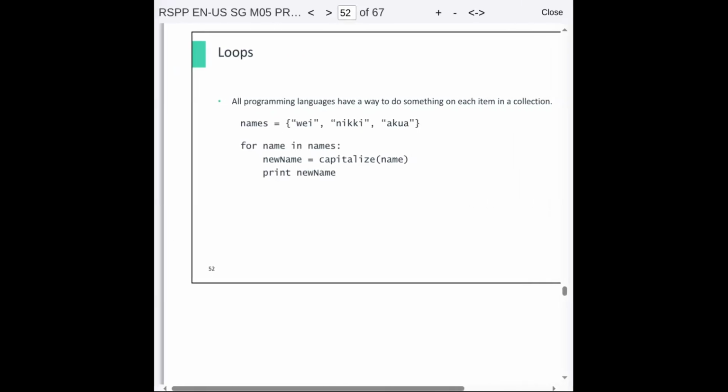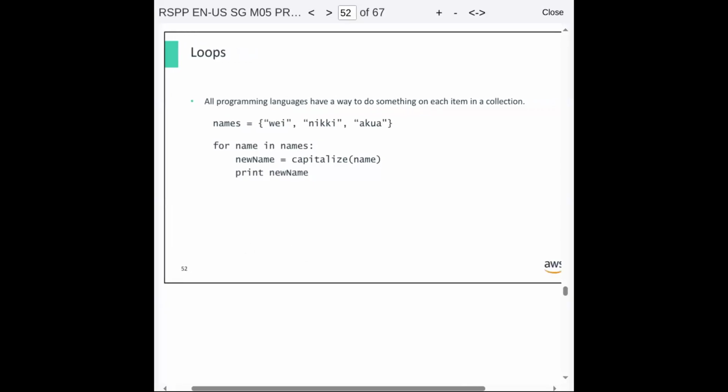So for you to make a complete, you've started something all the way to the end, and then you redo it again from the start all the way to the end. All right. So that's what we call a loop. And we have different types of loops. We have a for loop. So the for loop, for example, like what we have here